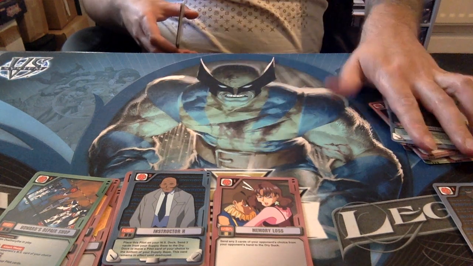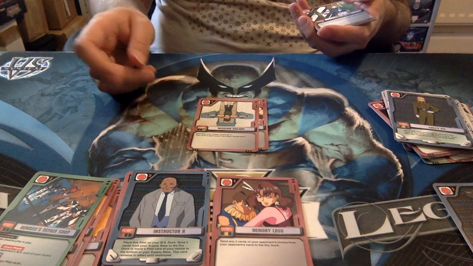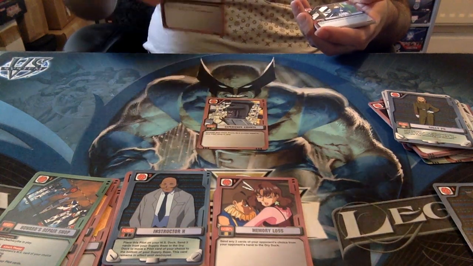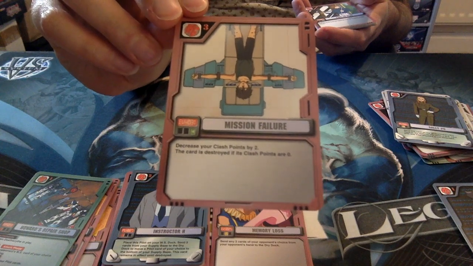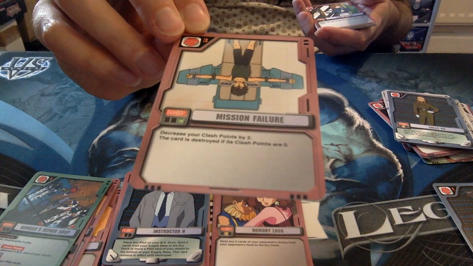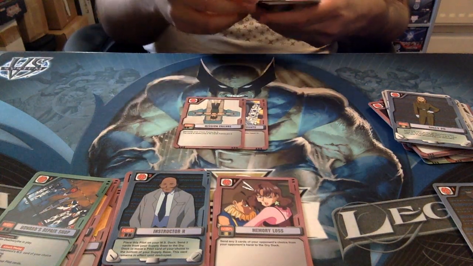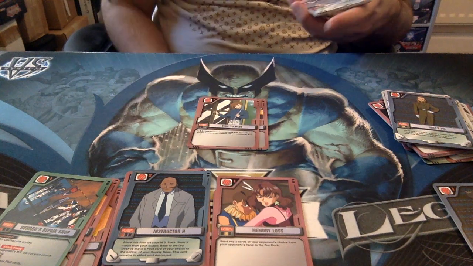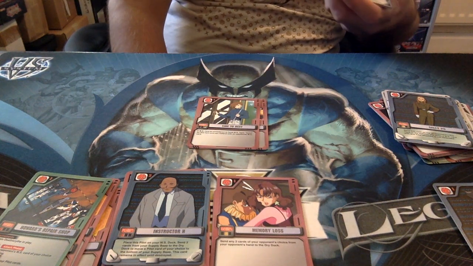Okay, next booster we have Experience Counts. This is Mission Failure. Absolutely no clue what this card is supposed to do. Why would you pay 3 to then decrease your clash points by 2 on a suit? I just don't know. Time to Rest basically does what